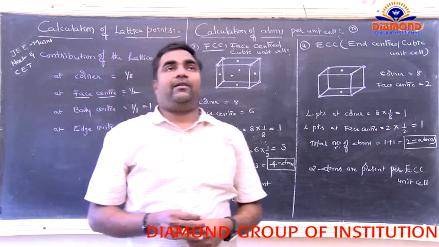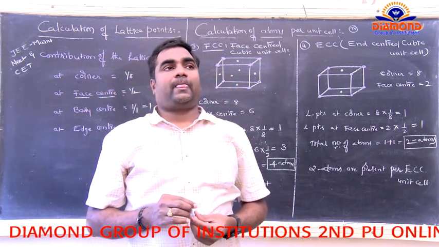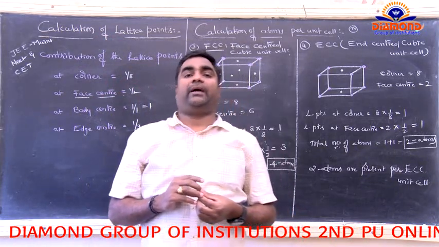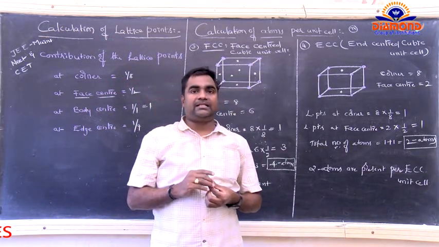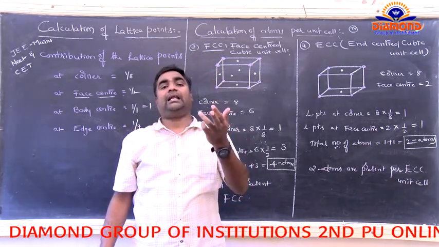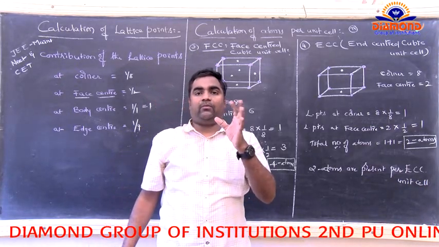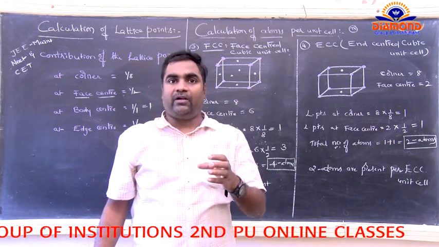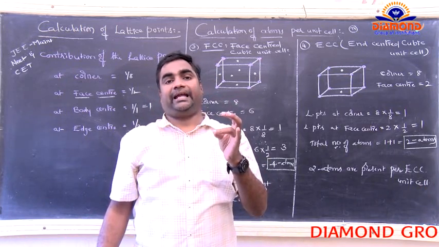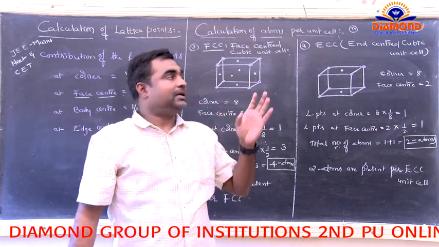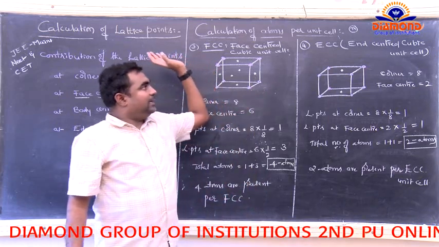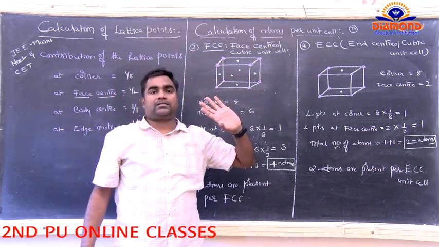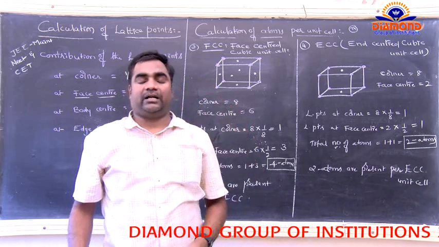In the next class, we will discuss the types of unit cells based on the parameters. Simply the parameters means the axial lines and axial angles. So it is a very important topic, very important for exams. That belongs to the types of unit cells based on the parameters. So this is the completion of today's topic.